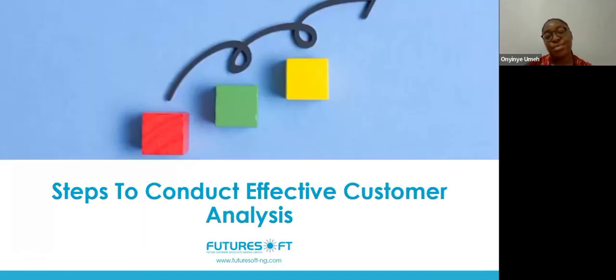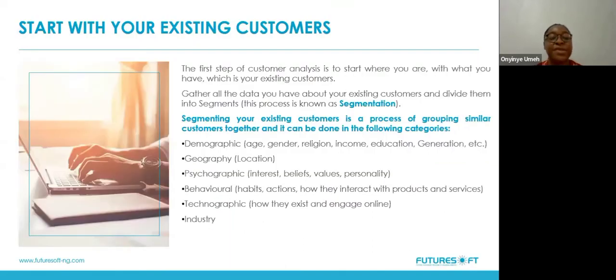Now we're going to go into the steps on how to go about a successful and effective customer analysis. The first thing that you want to do is to start from where you are. And where you are is what your business currently does and who it provides it for. So you need to look at your current customers. That's the data that you have. It's sure, because these people have patronized your business before. They've bought products from you, they've gotten a service from you. You want to start with them because you have that data already.